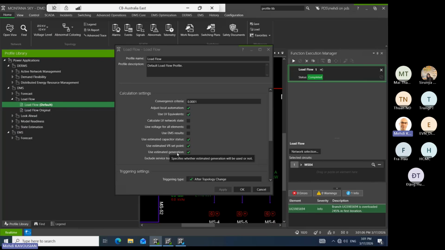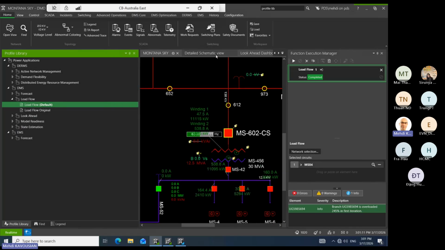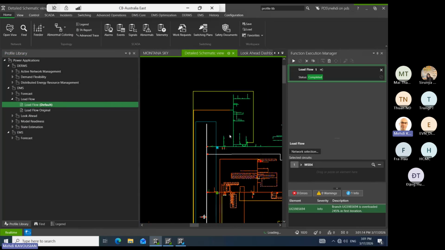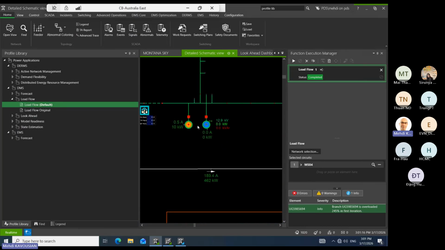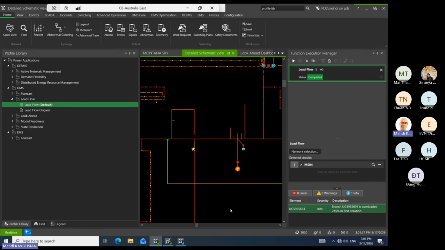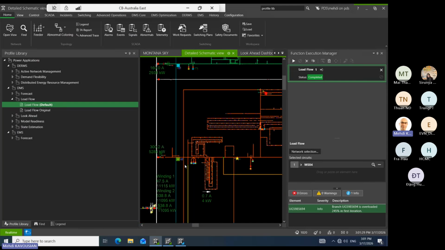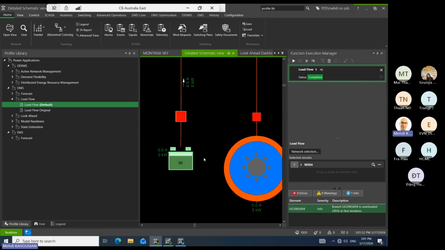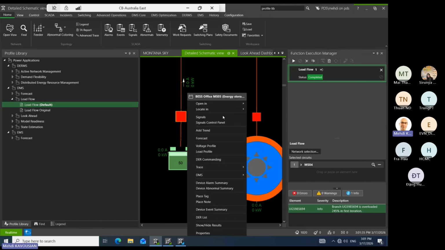Generation also, yeah, when you have selected this, let's say in this case I have a set point. So I had put a set point, and if I have selected that option, it will assume that it's a set point, and the battery or whatever it is, the ER, follows my set point. So for example, if I put a set point, I did in the simulation, not here, but if I do it here as well, it would try to